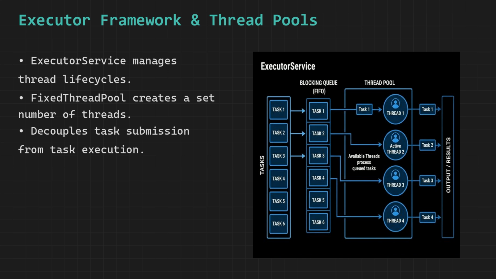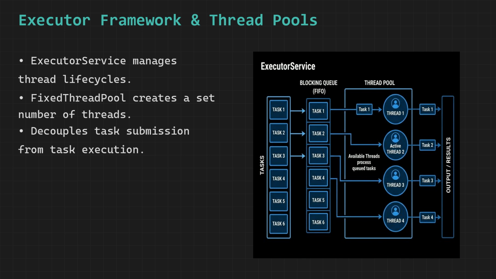In the code, we create a pool of exactly 3 threads using Executors.newFixedThreadPool and pass the value 3 to it, and then we submit 5 tasks to this pool using a for loop, which means we are sending more work to the office than there are available desks to handle at that exact moment. The first 3 tasks are picked up immediately by the 3 available worker threads because all 3 desks are empty and ready at the start, and each of the 3 workers sits down and begins processing their assigned task right away without any waiting. The remaining 2 tasks, which are task 4 and task 5, do not get executed immediately,